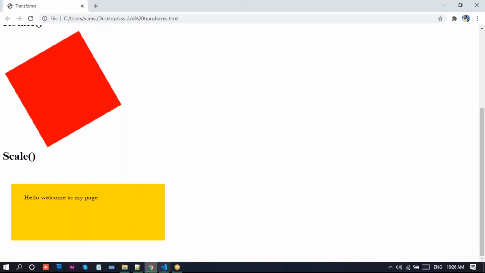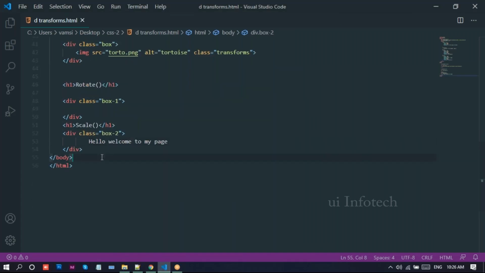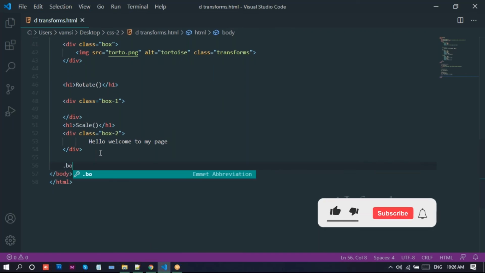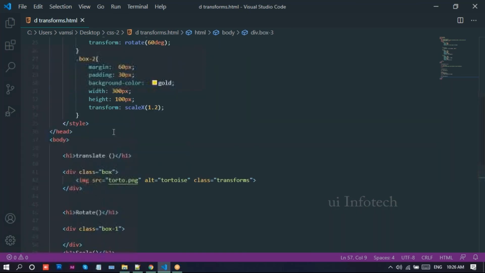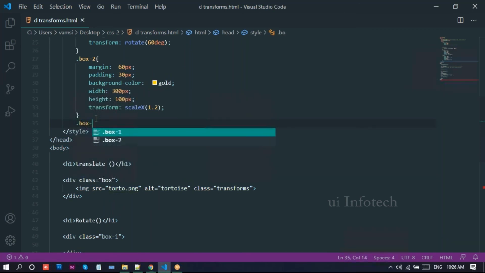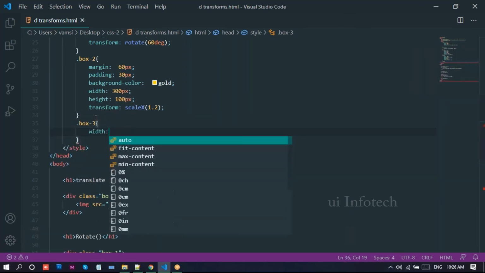In order to rotate the elements in a skew manner, I'll show the example so you get a clear understanding of this one. Let me go here. I'll take box 3. For box 3, I'll apply the CSS. Take box 3 there. Just write width.